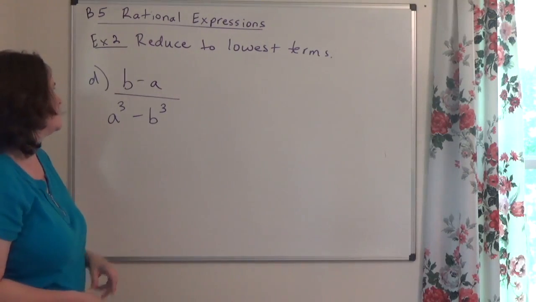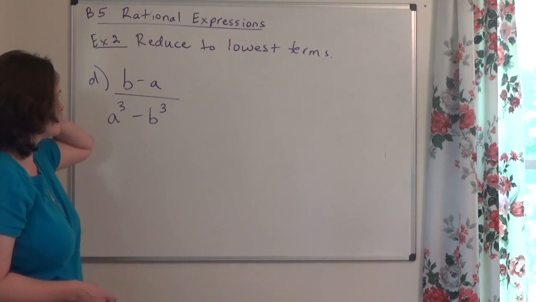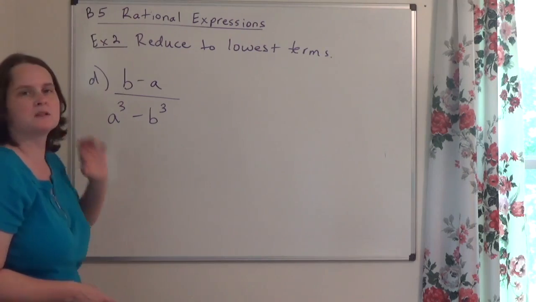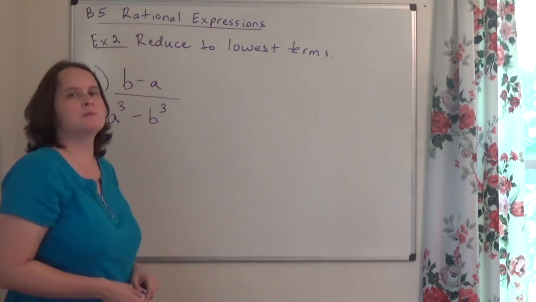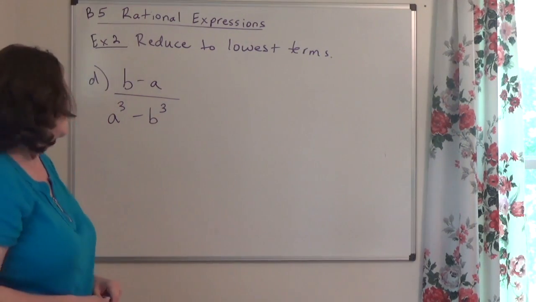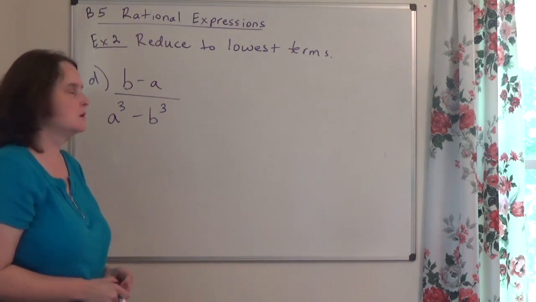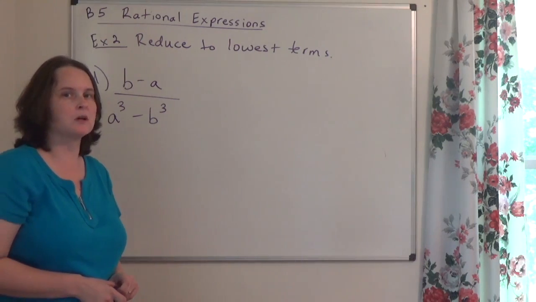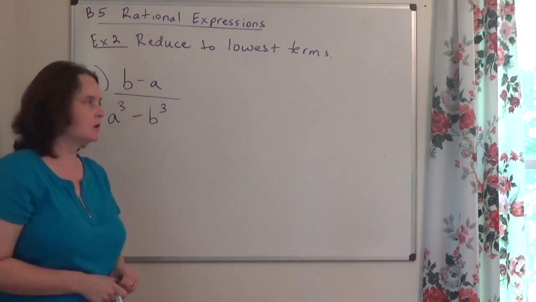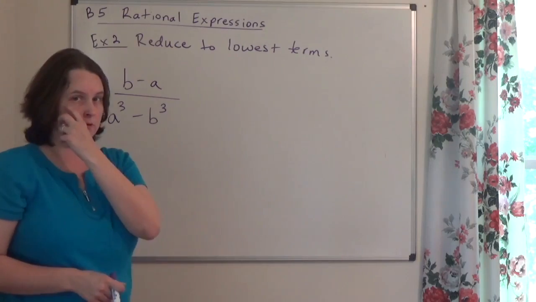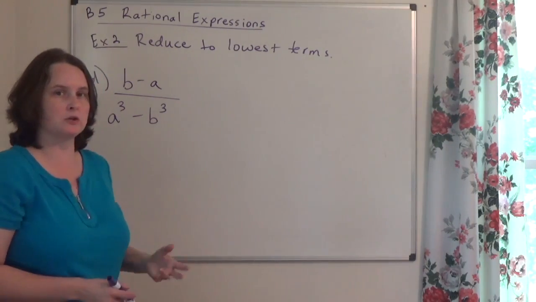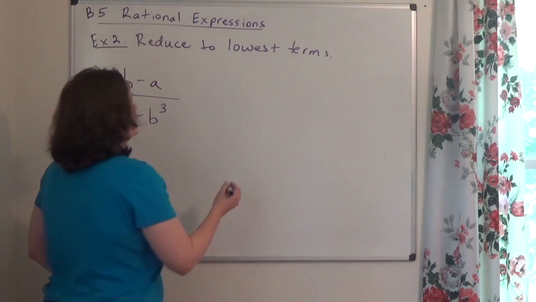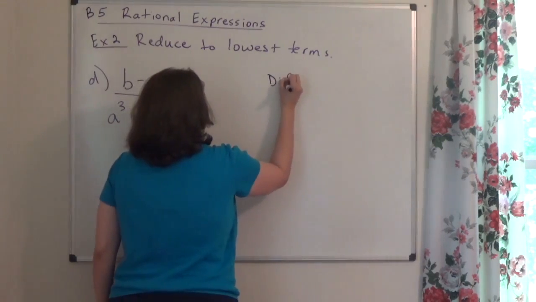Okay, so for part D, we're asked to reduce to lowest terms, so we've got b minus a over a cubed minus b cubed. The a cubed minus b cubed should look very familiar to you. That is a difference of cubes. It also happens to be the exact same letters that are used in the formula, so this should be really easy to factor. You may not remember the formula off the top of your head, but make sure you do know it before your first test. But our difference of cubes formula